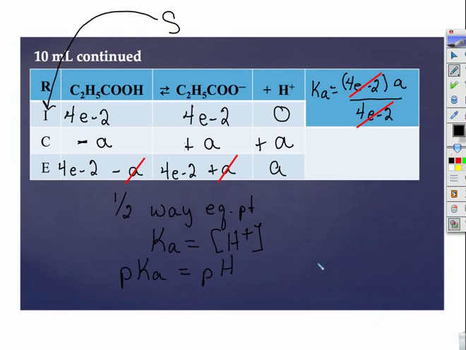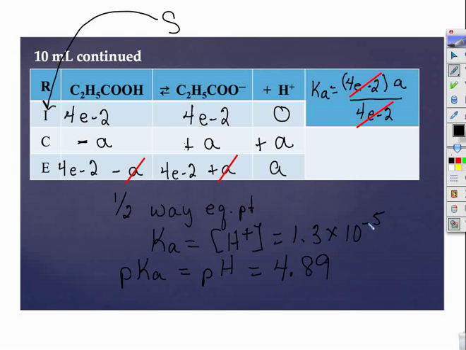Okay? It's actually a fairly simple calculation for this one. So in our case, pH and pKa, we have our Ka, we know Ka, so those are both equal to 1.3 times 10 to the minus 5th. So pH and pKa are both equal to